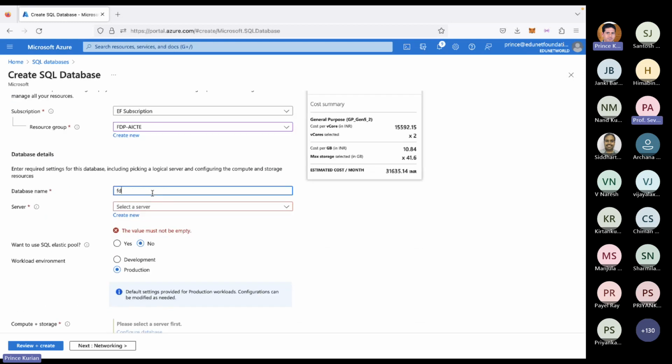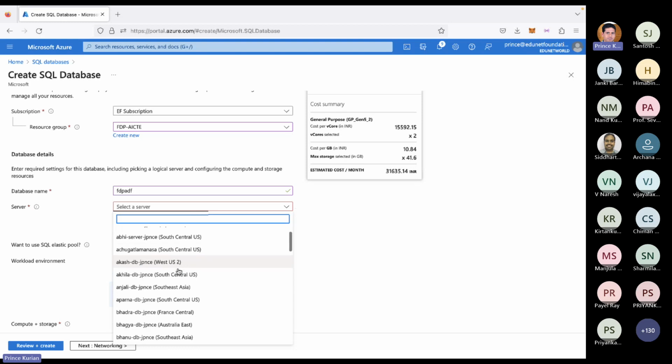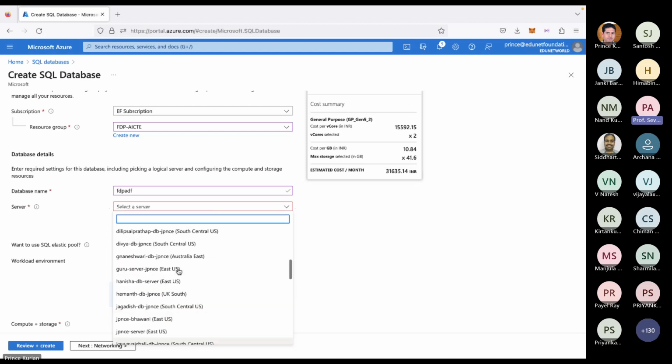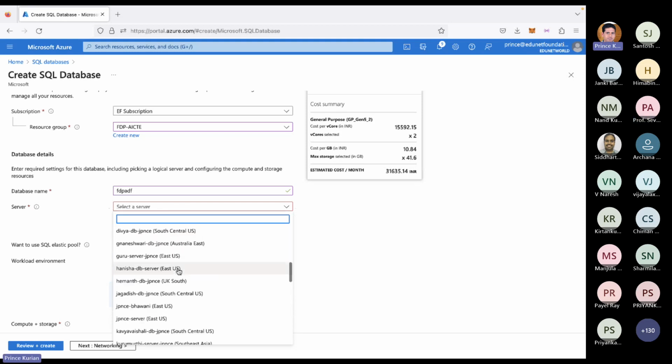Database name I have given FDP DB. Okay, FDP ADF. ADF is my database name. Select the server. I think I have created one server, that is FDP something. Okay, let me check if the server I have created is listed or not. My server is not listed